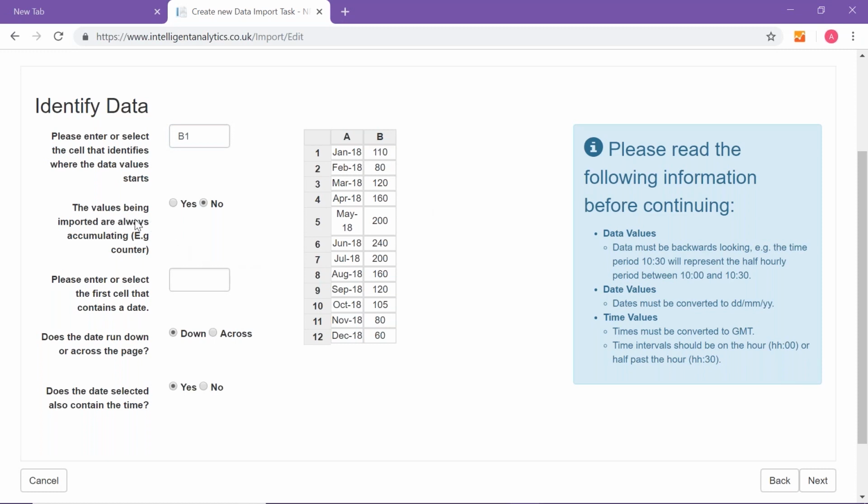And do I want the values to be imported or accumulating? No, I don't. I want them to be individual values. That just means it'll roll over and accumulate the data. I just want it to be an actual value, so I'm going to select no. And then it's asking me for the first cell that contains the date, and that is cell